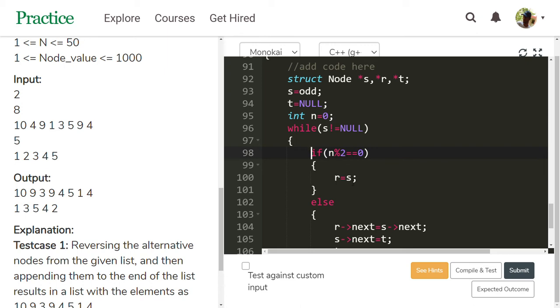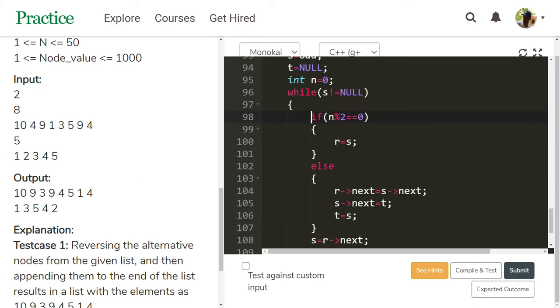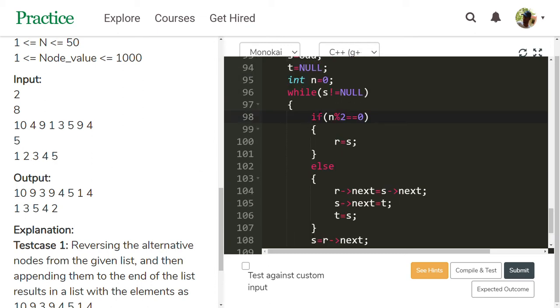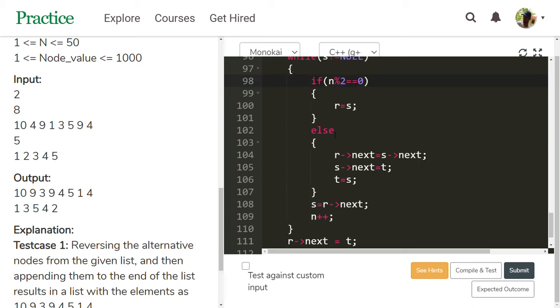R equal to S, so R pointing to 1 now. Then S equal to R next. S moved to 2 now. N increments, N value 1. S not equal to null because S is pointing to 2. Then 1 modulo 2 equal to 0 is false, so it comes to the else block.